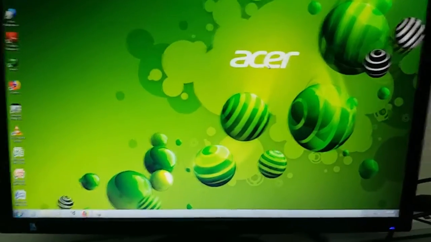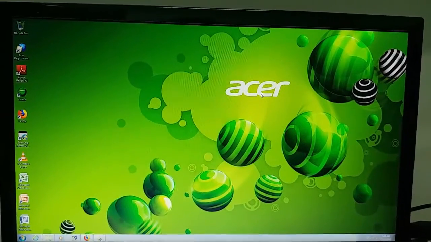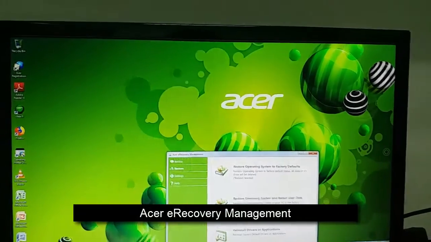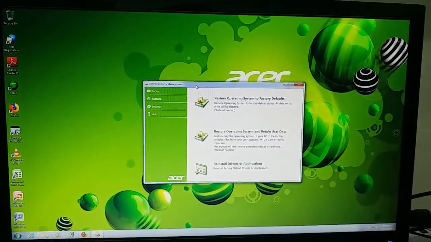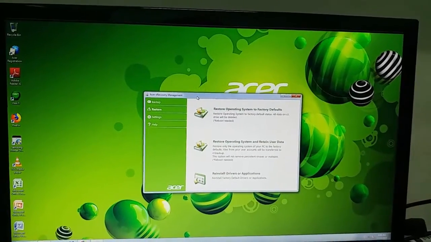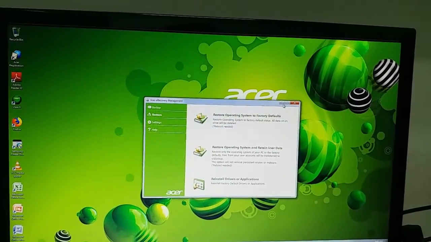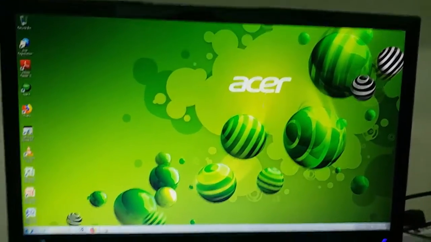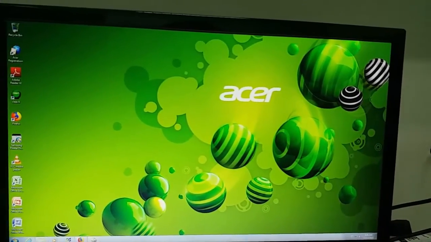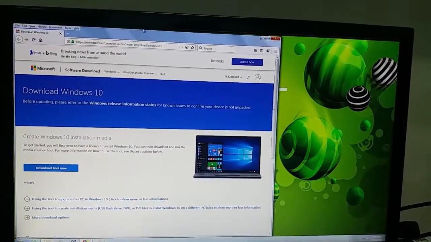It's an M1930 model. Because of some lagging issue, I just formatted it with a recovery. If you see here, I'm using the recovery management feature that's installed in the computer, restoring to factory default. Then I'll install the Windows 7 Basic. And after that, to upgrade, I go to this website,